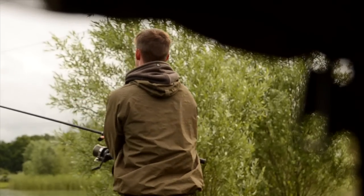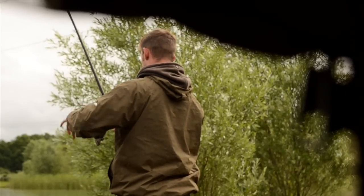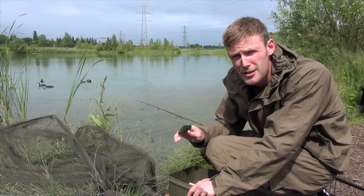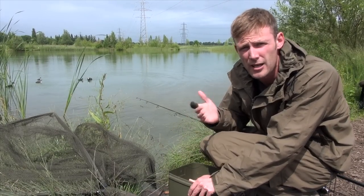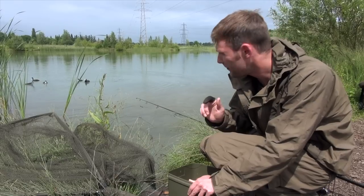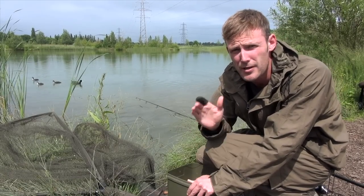Right, I've spent a lot of time leading around out there and I found the spot I wanted. A nice bit of clean ground, I can feel a few exposed stones through the mud. That indicates to me that the fish have fed there before and it's a nice spot to put a bait on. To make sure that I can get back on that spot time and time again, there's a simple concept